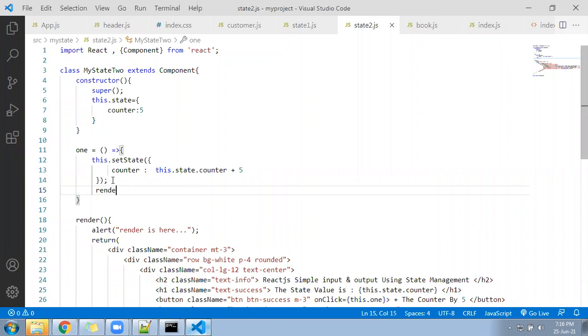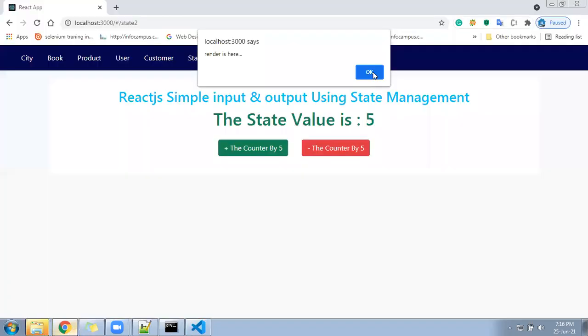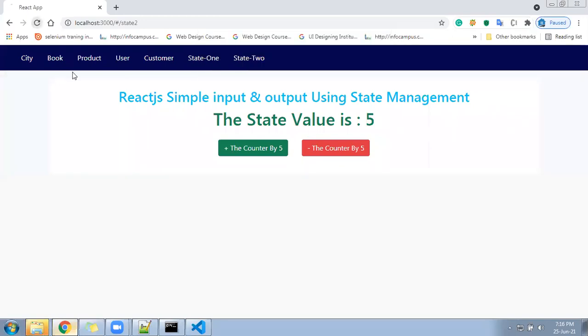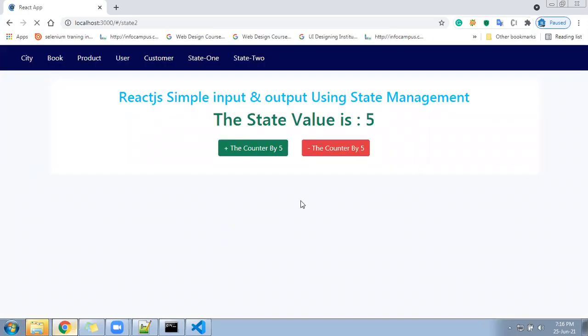Then the question is, when I come to the browser, let me show you. It's refreshing. Let me reload again manually. Okay, now look here. I will click on this.